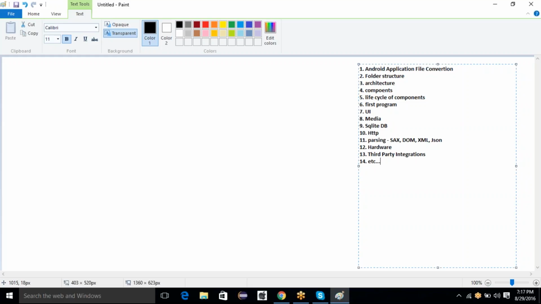Prior to all those things, the first week of classes could be theoretical things. So now I'm taking the first part of our course, that is the Android application file conversion. What this is, application file conversion. The concept is,